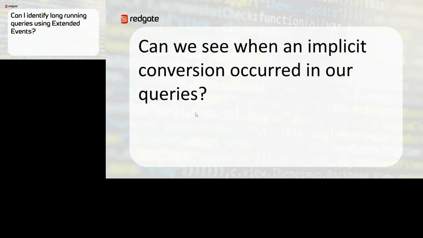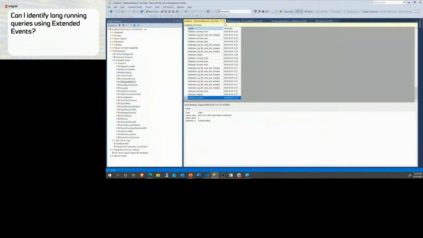Implicit conversions. Now, implicit conversions are a pain in the bottom, right? It just becomes an issue because it's kind of a hidden performance hit, potentially. Not always, not guaranteed, but it can be. Can we see implicit conversions occurring inside of our queries? I'm sure you already know the answer to that question is yes, but the question is how can we see